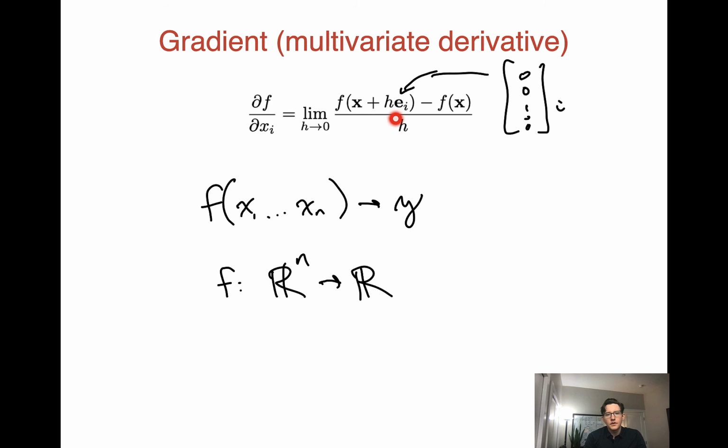E for element vector, I think, is where the E comes from. Okay, so that's the multivariate derivative, the gradient. Same thing as the normal derivative, just for a single